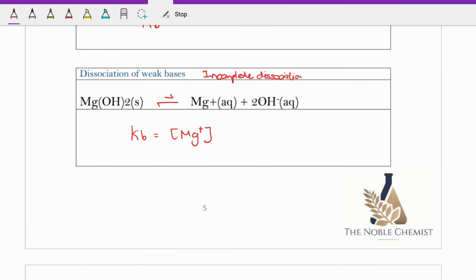And now look at that. You have a molar ratio of 1 to 2. So 2 hydroxides for every 1 magnesium ion. So when you write that in your expression, remember to put that 2 in as your exponent. Okay, and that will be the respective